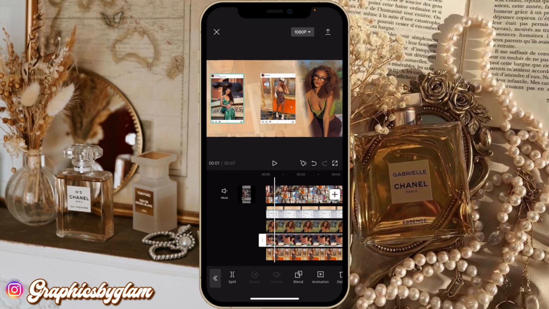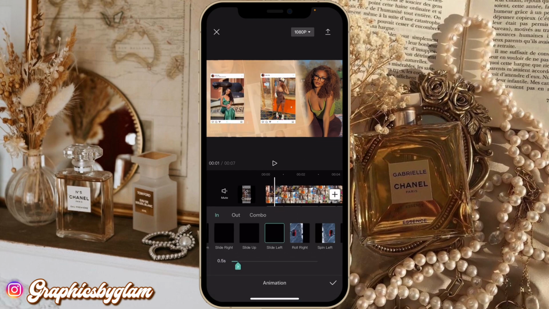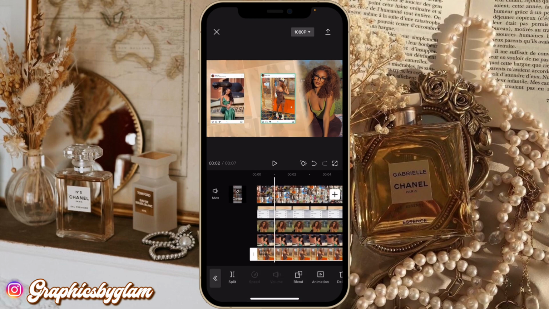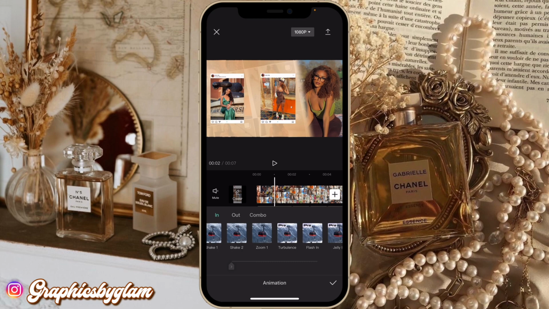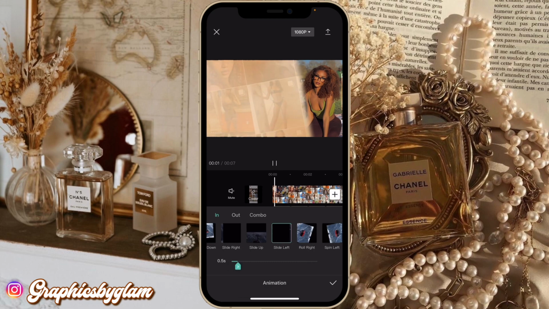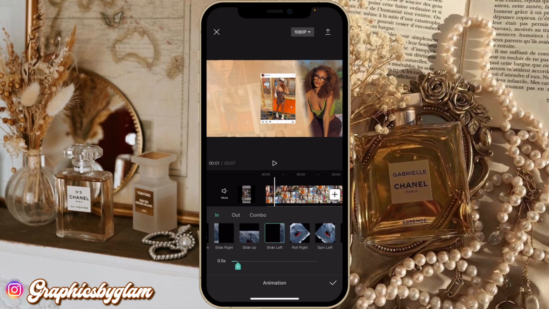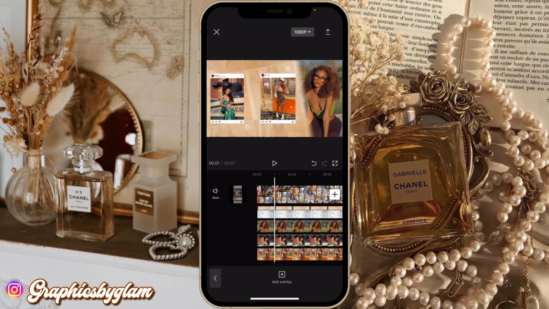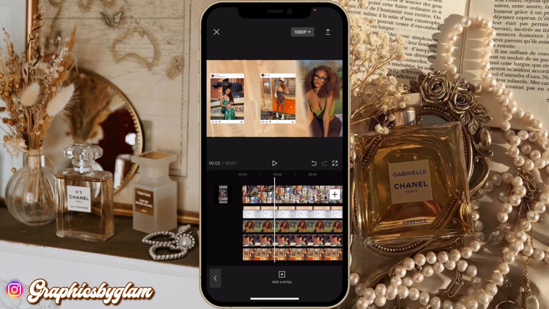So for the first Instagram picture, I went onto animation, and then I chose slide right, okay? And these were 1 second long. And then for the other picture, I chose slide left. And then this was 1.2 seconds. I mean 1.0 seconds, sorry. Okay, great. So